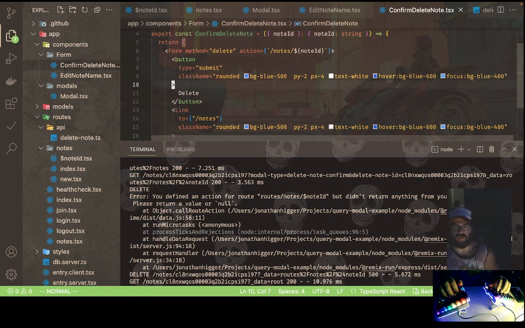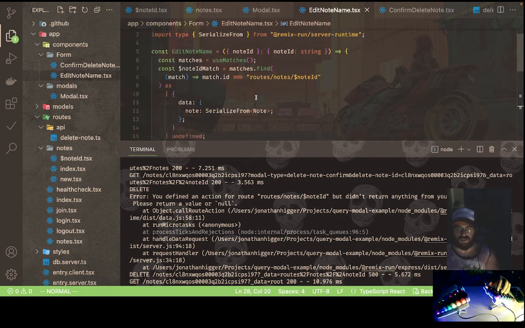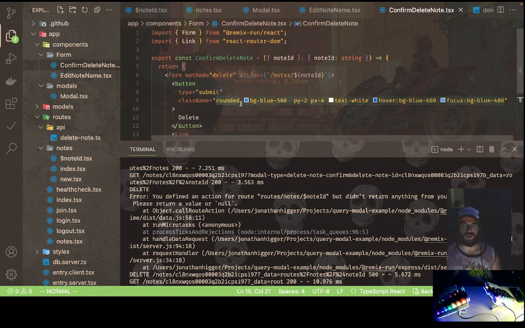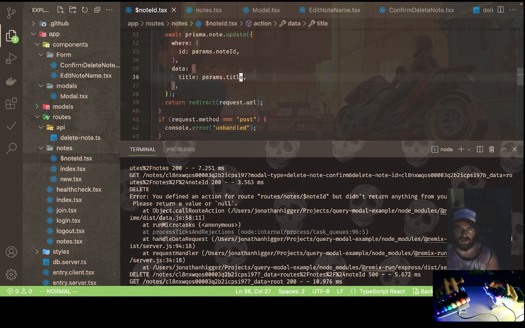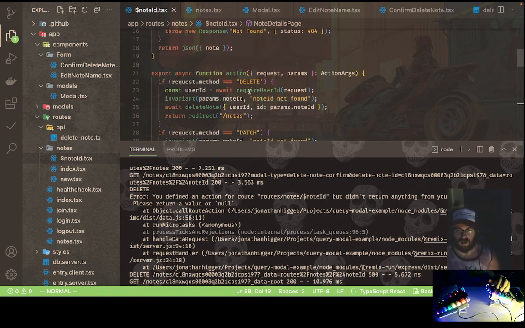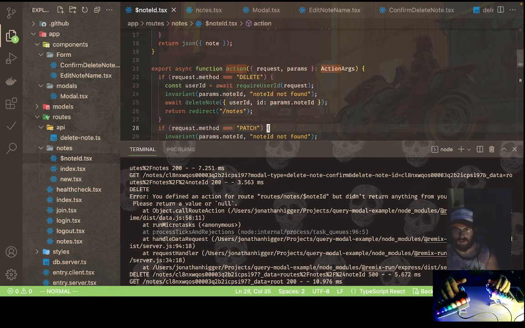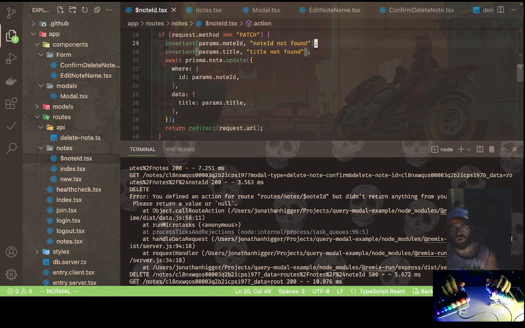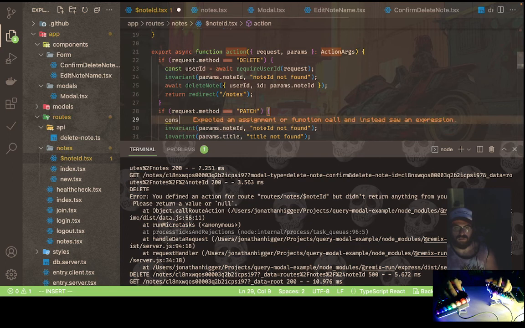Oh, because I don't think it gets it from the params. I think it gets it from the request. So you just have to pull it out differently. But this would be the same whether or not you did it on a loader or whatever. So just real quick, going to noteId, you would just need to, let's see, I need to go to my action. I could say title is not found because it's not coming from the params. It's coming from